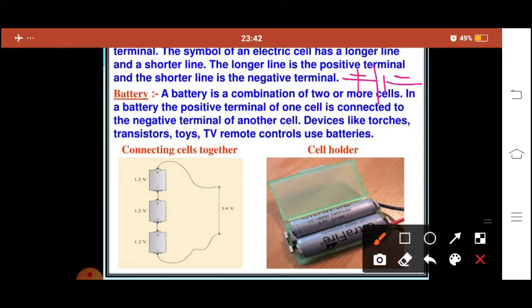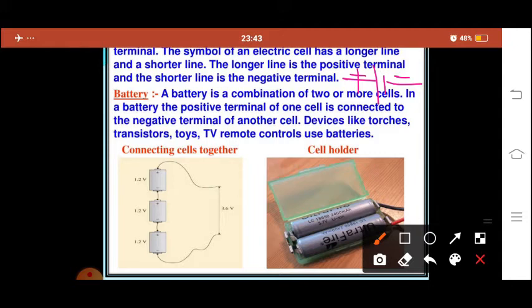A battery is a combination of two or more cells. In a battery, the positive terminal of one cell is connected to the negative terminal of another cell: positive, negative, positive, negative. At the two ends of the battery we get one positive terminal and one negative terminal.